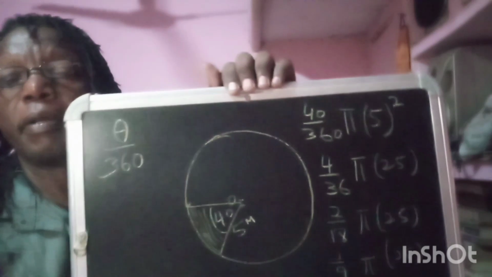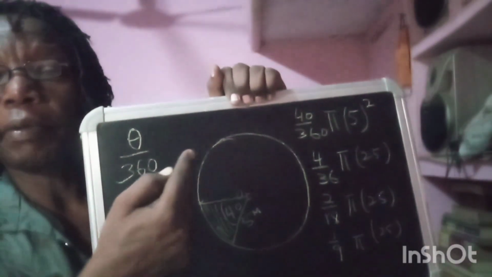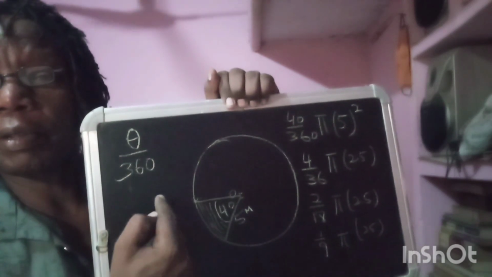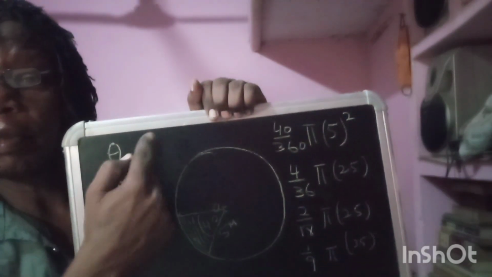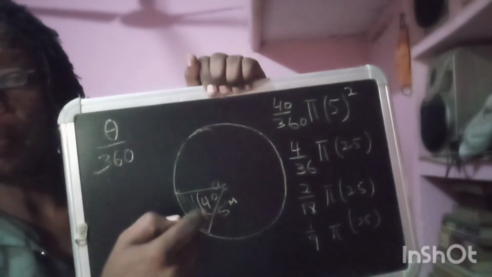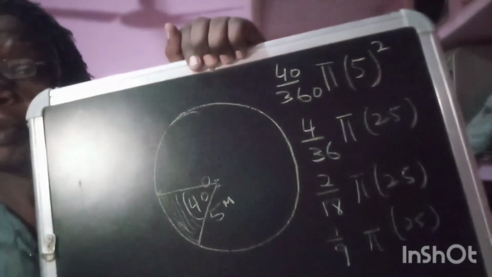So today we are going to do more maths on geometry, and for you I have this one here. This angle theta, whatever angle it is, over 360. We're going to find the shaded area, this area. So what we do,